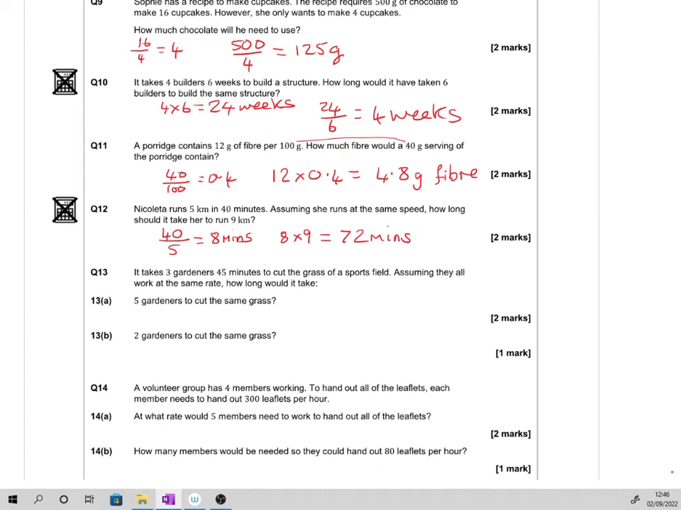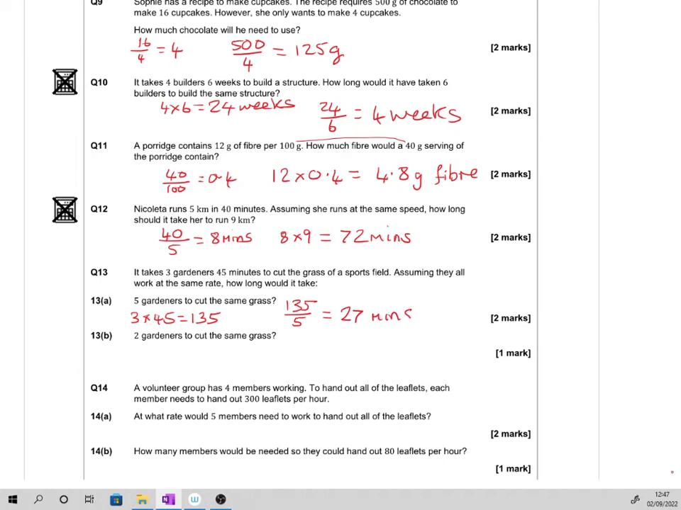It takes 3 gardeners 45 minutes to cut the grass of a sports field. Assuming they all work at the same rate, how long will it take? So if we had 1 gardener, it would take 3 times as long. So we're going to go 3 times 45, which is 135. Now you get 5 gardeners on the job. So 135 divided by 5. We can use a calculator, yeah? 135 divided by 5 is 27